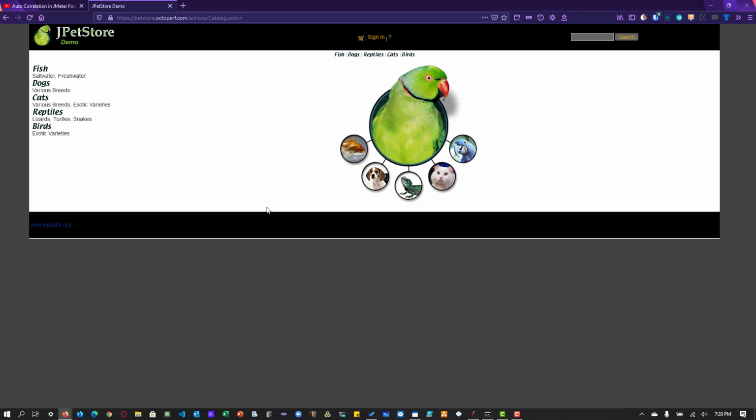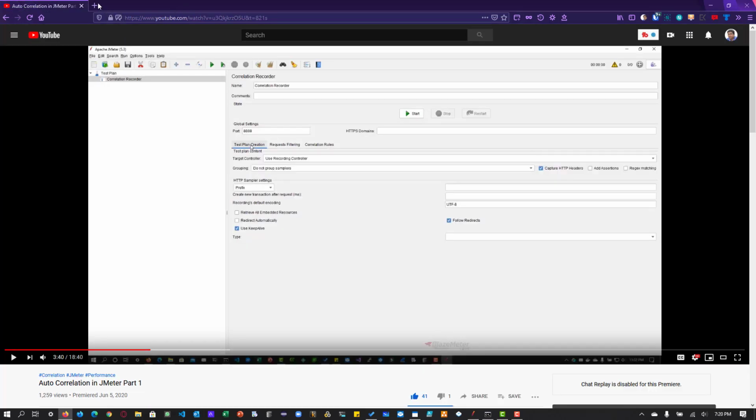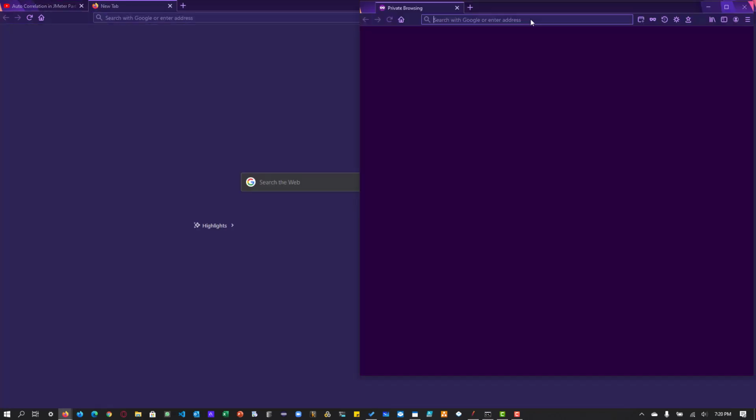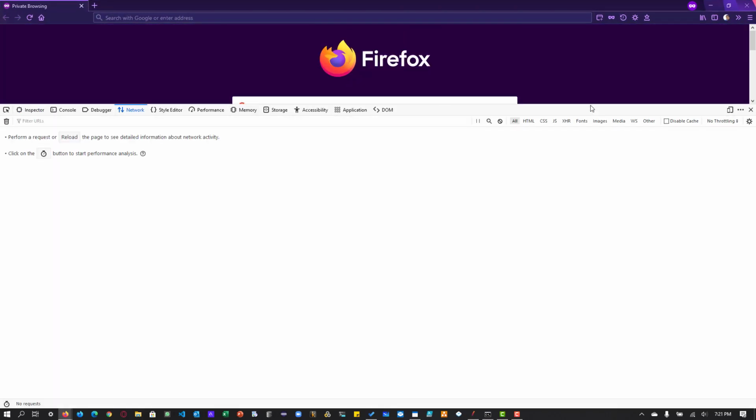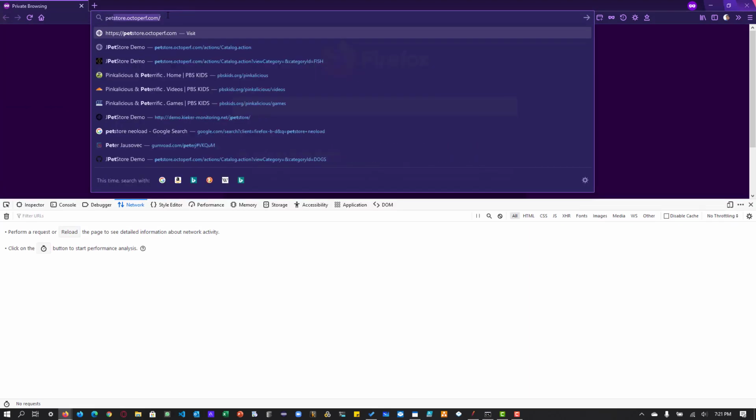Before we start recording, we have to understand where we are going to correlate and which value we are going to replace. To identify that, we are going to use the network tools in Firefox, capture the dynamic values, and then formulate the regex so that it will get replaced during the recording. So I'm going to close this and open it in incognito mode, bring up the network tools, and launch the first URL,